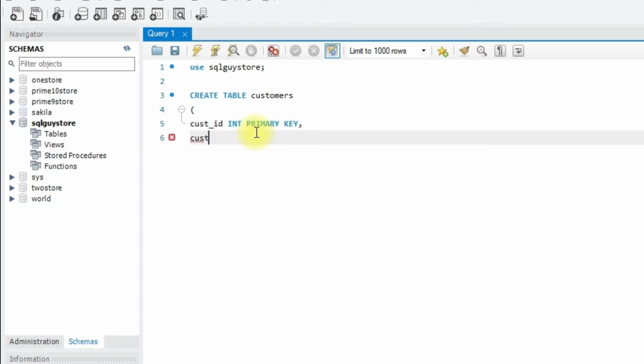On the other columns: customer name, I'll give varchar of 30.